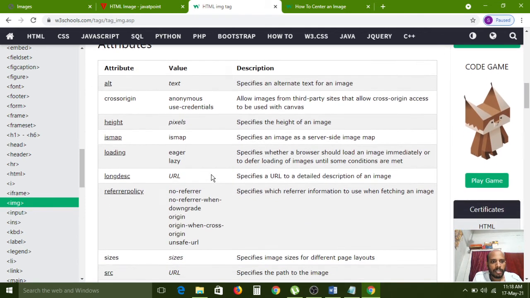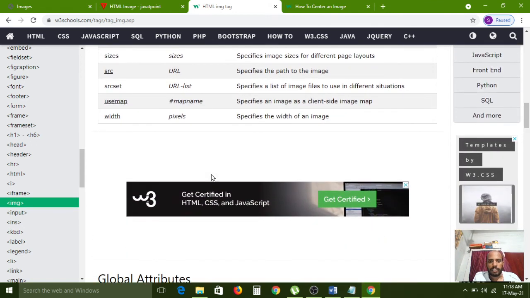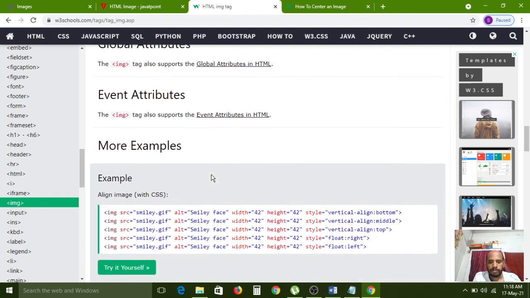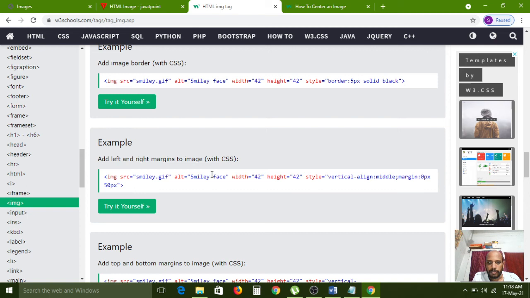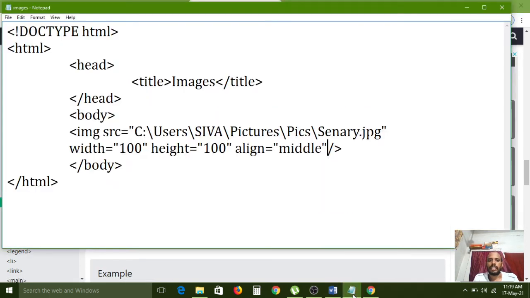Attribute alt, height, width, size. If you want to align, the attribute is not working here, I think so, that's why I'm removing this one. Middle align center is not working.